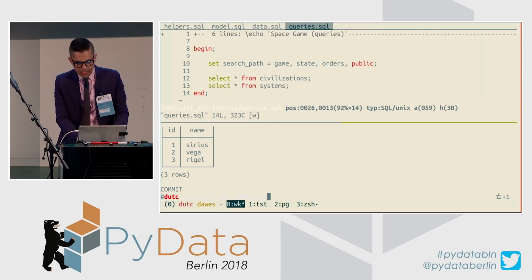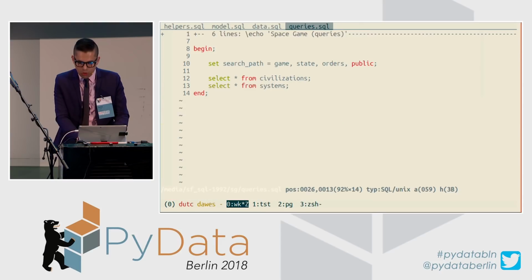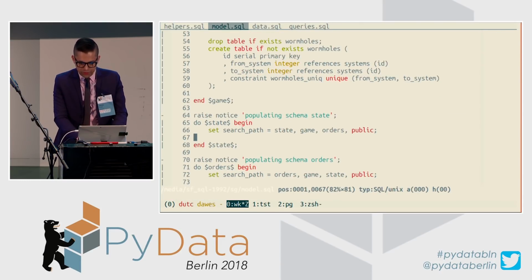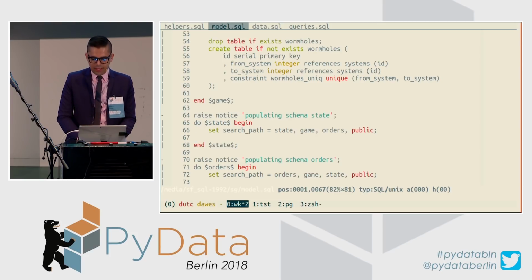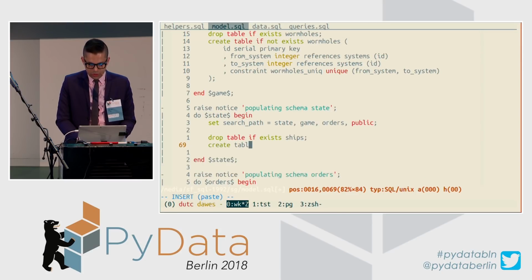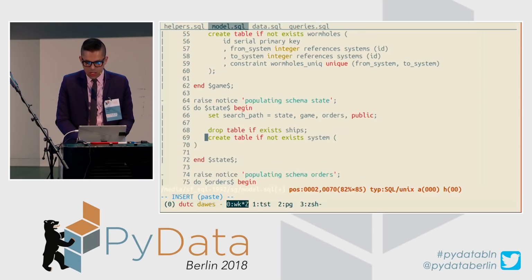Now, as I get into the dynamic data, the data that actually represents the game state, I start to see some things that are a little bit more complicated, where I need to do some more complicated constraints and modeling. I need to do more complicated queries. Let me show you 2 of those. The first of them is every player has some ships that they have, right? And as we go into this, we'll see there's some things that are very difficult to do automatically with an ORM, but turn out to be very easy and very clean to just define if we take this approach of writing SQL, real SQL properly.